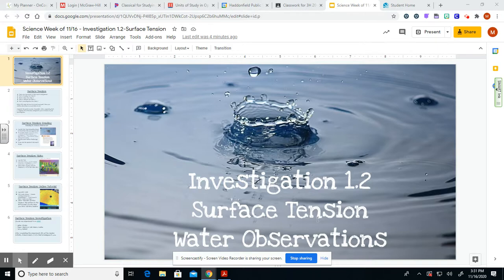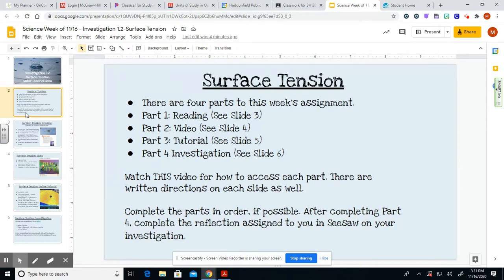This week there are 4 parts to your assignment. So we are on Investigation 1.2 Surface Tension. I added slide 2 to our presentation because it outlines each of the parts that you need to do. There's reading, which is on slide 3. A video you have to watch, how to access the video is on slide 4. A tutorial, how to access that, is on slide 5. And finally, the investigation, which is linked on slide 6, but I'll show you how to access it on Foss